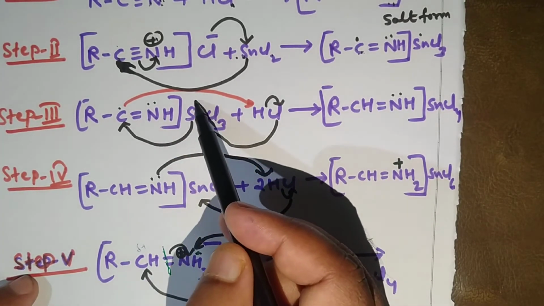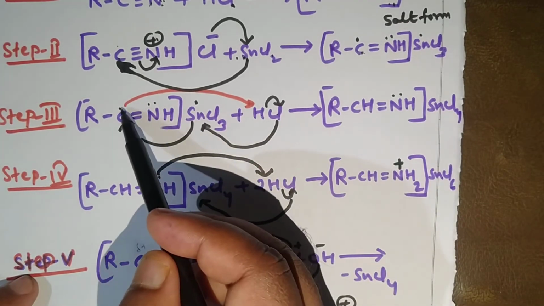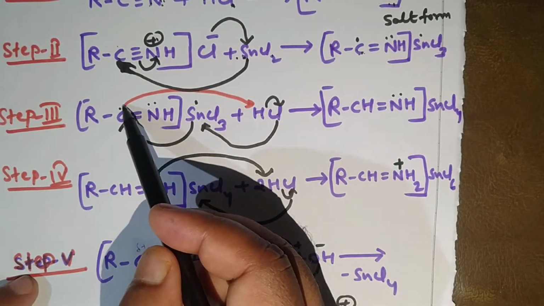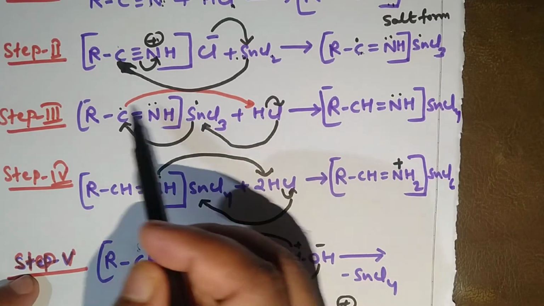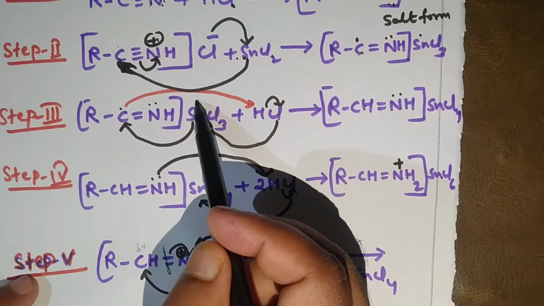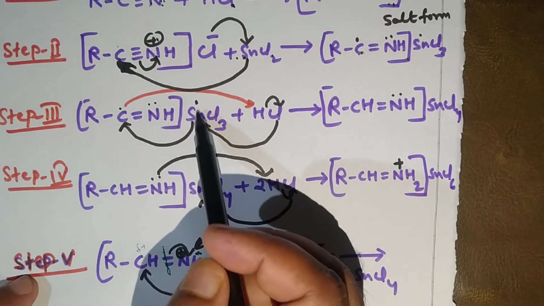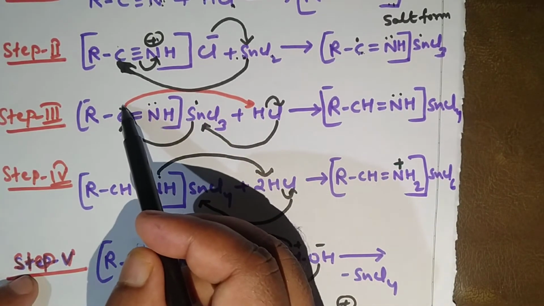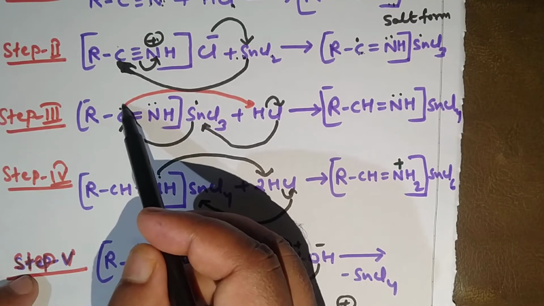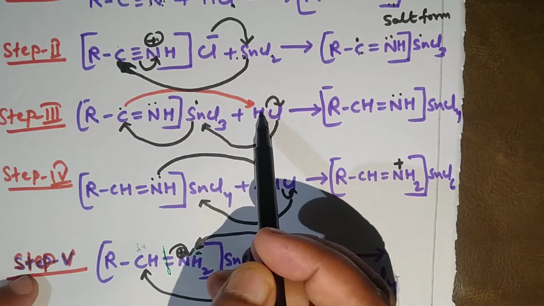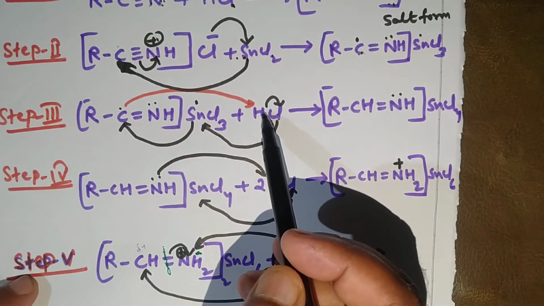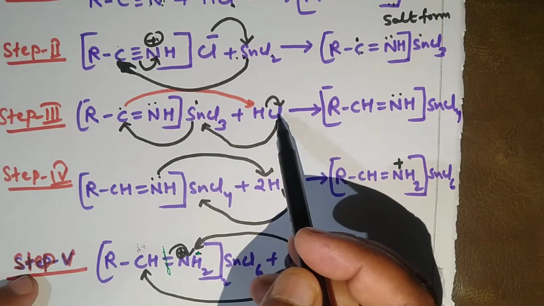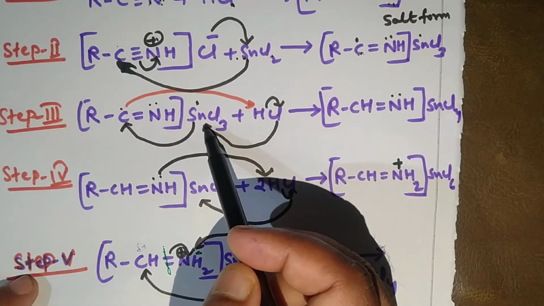So now if this electron is given to the carbon atom, then the carbon has a lone pair, that means 2 electrons, and these 2 electrons are able to form a bond with the H plus ion. So these 2 electrons, that means 1 electron of this and this carbon, are given to the carbon, so it has 2 electrons, and these electrons are given to H plus, and hence this carbon is attached with hydrogen and this Cl is attached with SnCl3.